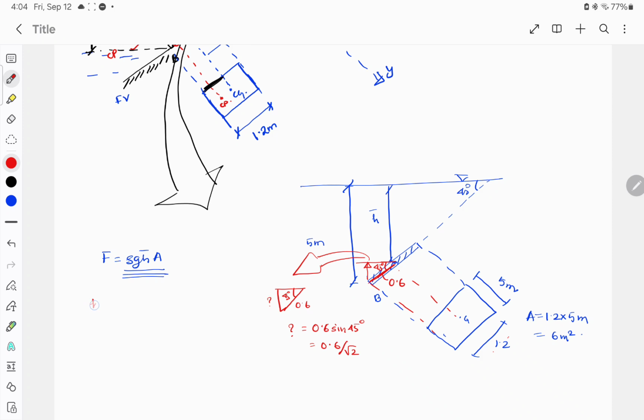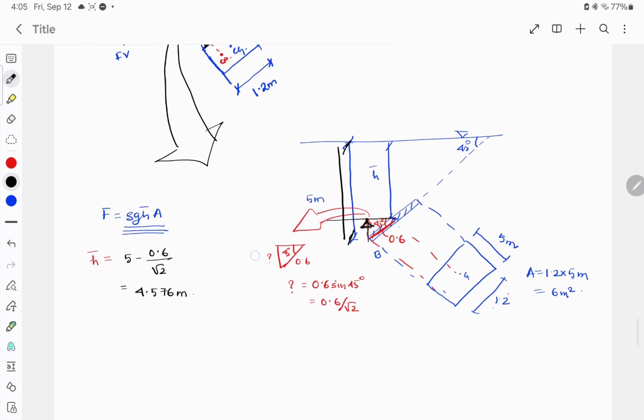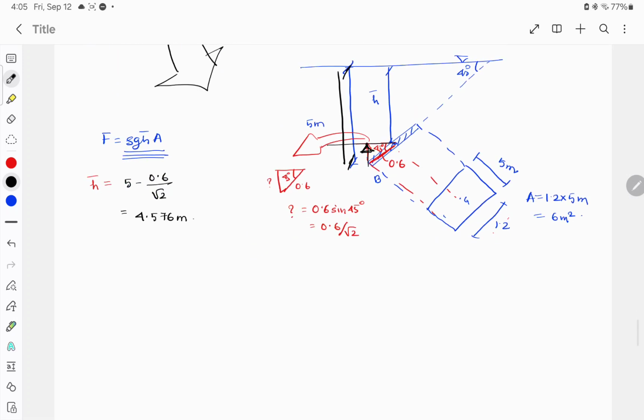सो हम लोगों का h बार क्या आ जाएगा? h बार विल बी व्हाट? h बार विल बी 5 माइनस 0.6 ऑफ √2. मैंने क्या बोला था? 5 में से ये पार्ट हटा देने से आपका h बार का वैल्यू आ जाएगा. सो दैट इज़ व्हाट आई एम डूइंग. सो 4.576 meter. h bar is easy,